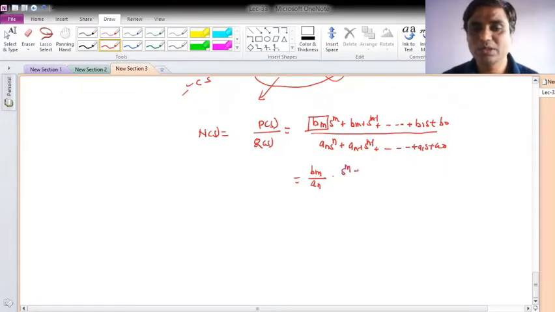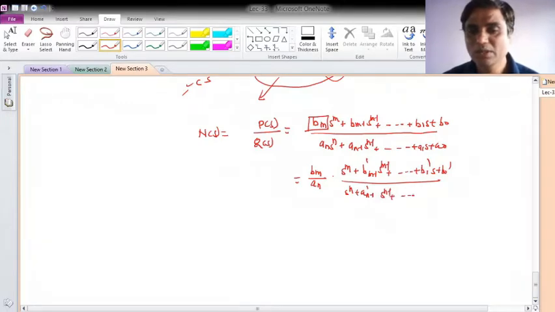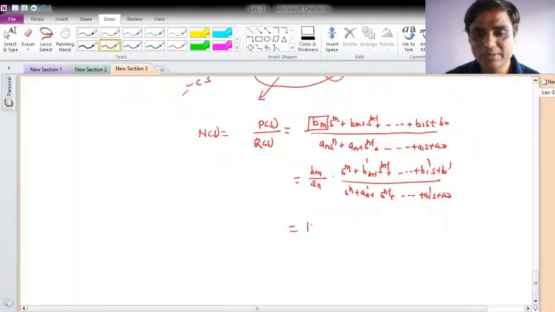So there will be modifications in the coefficients in the numerator as well as the denominator. So it will be, let's say, b'_{m-1} s^(m-1) + ... + b1' s + b0', divided by s^n + a'_{n-1} s^(n-1) + ... + a1' s + a0'. And this can be written as some constant k into, now once I know the polynomial,